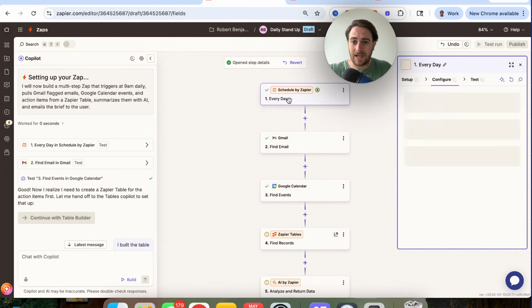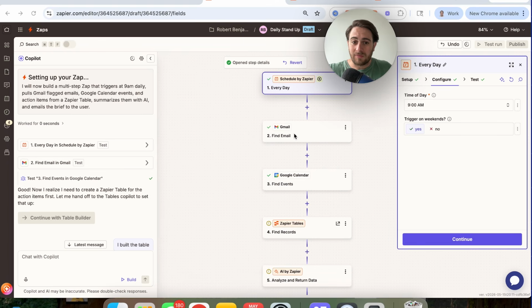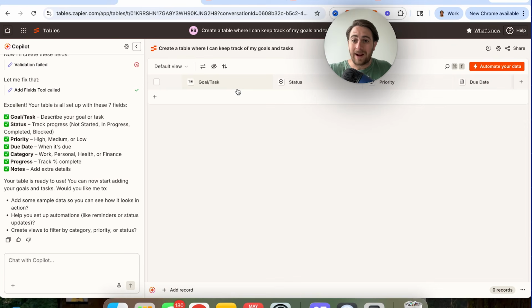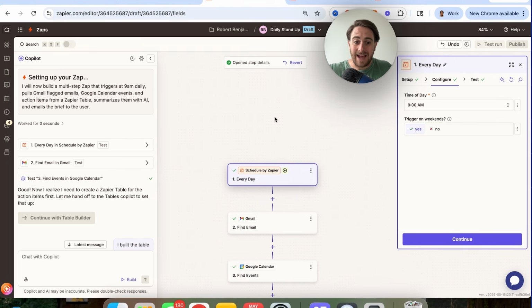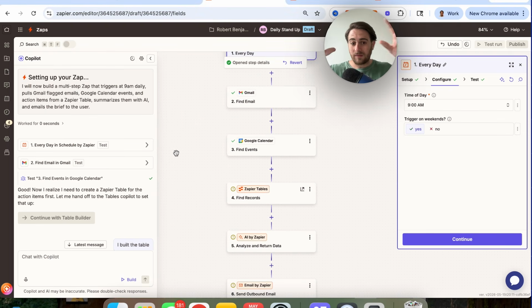It's going to happen every day. And if we click into this, we could actually see the details that it went through and it filled out. Then it goes through, finds all of my emails, finds all of my events. It finds my Zapier tables, and it actually created this table for me. So it created a table where I can keep track of my goals, my tasks. I have a status, I have a priority, I have a due date, and it will have easy access to that. And then what this is actually going to do is take all of this information, analyze it, return something,